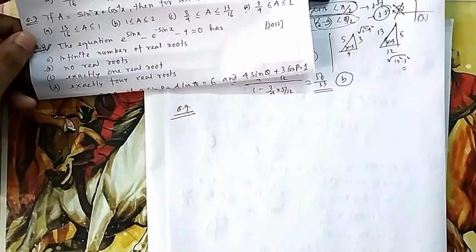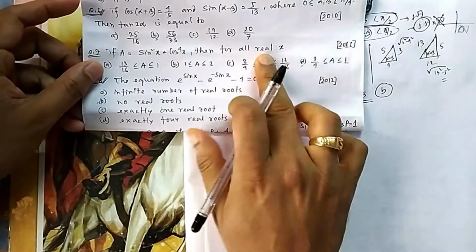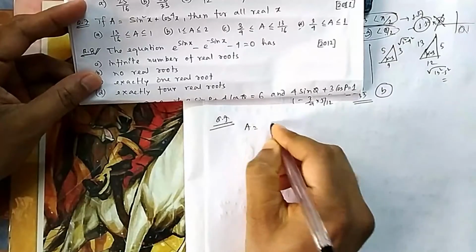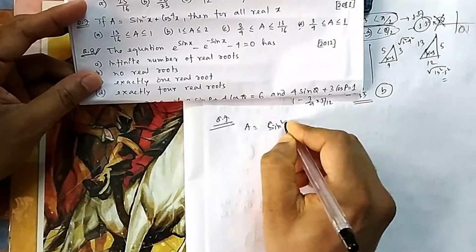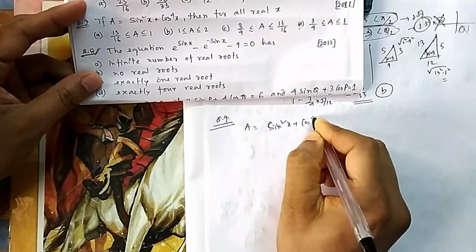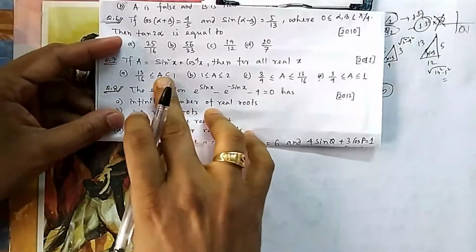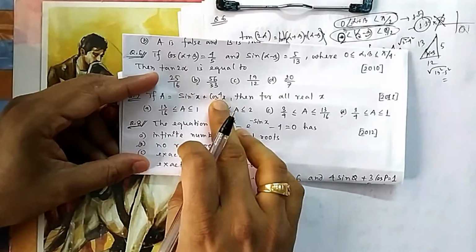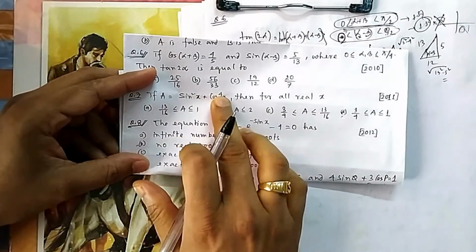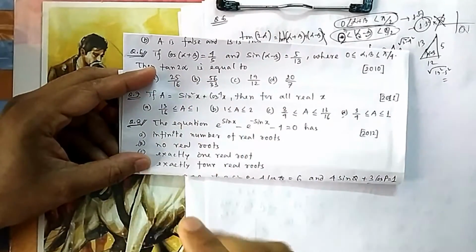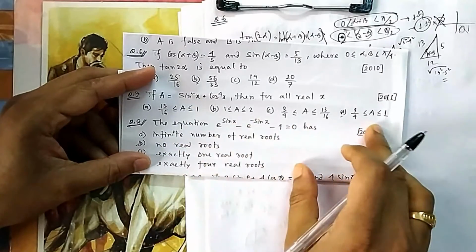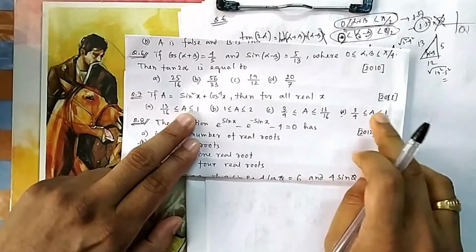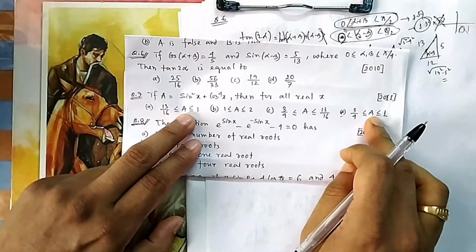Now in question number 7, this is given, then for all values of x, what is the range of a? So if this is given, because it is cos to the power 4, you can see the maximum value it can go, because the maximum it can be is 1. Either this one is 1, then this is 0, because cos and sin are complementary. So its maximum value will be 1. So from seeing this, you can see either option D or A will be the answer. This much we know. Either of these two will be the answer.